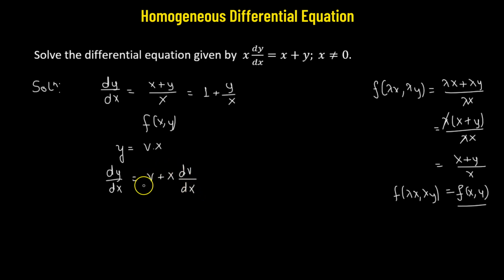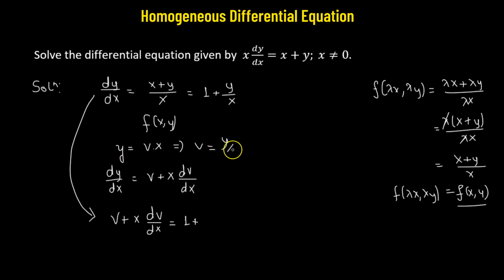Now all we have to do is replace dy over dx with this new form, v plus x times dv over dx, in our differential equation. So our differential equation will then transform into v plus x times dv over dx equals 1 plus y over x. Since v equals y over x, we replace y over x with v. Then the v and v get cancelled out from both sides, and this leaves us with x dv over